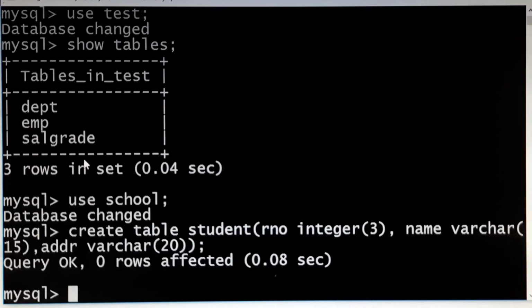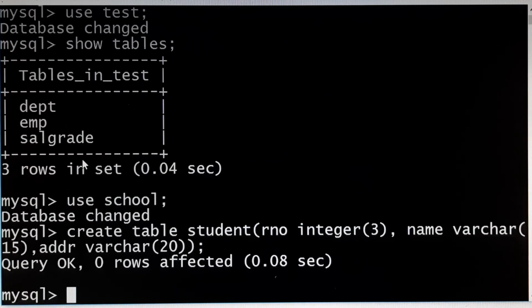So after creating a table, if you want to see the description of the table, it means what are the columns you have, what are the data types, what is the size of each and every column. We can see the description by using the DESC command. DESC table name.